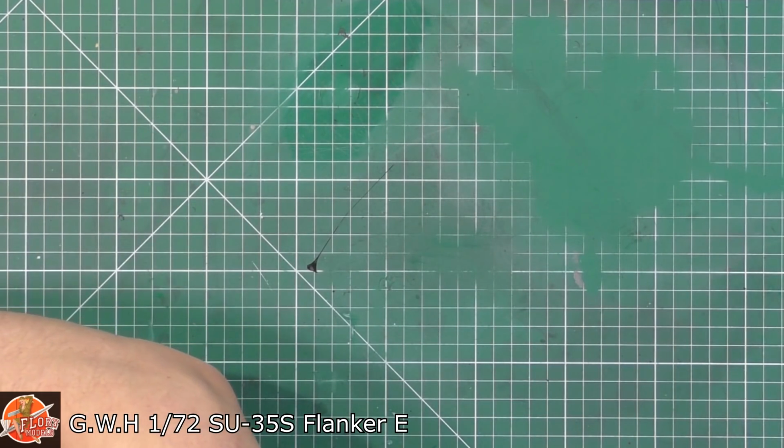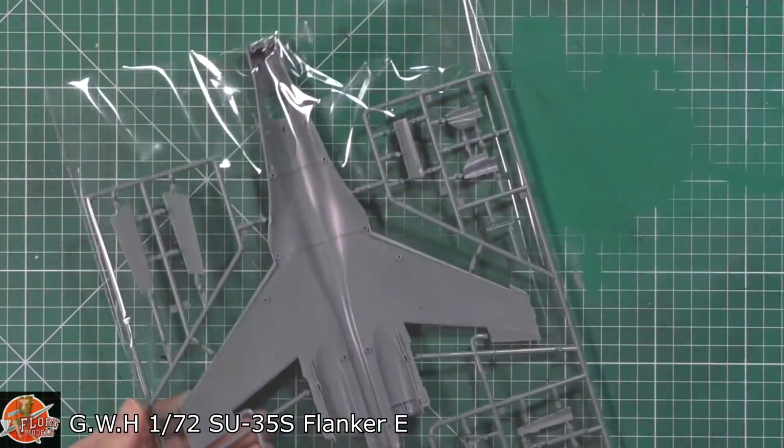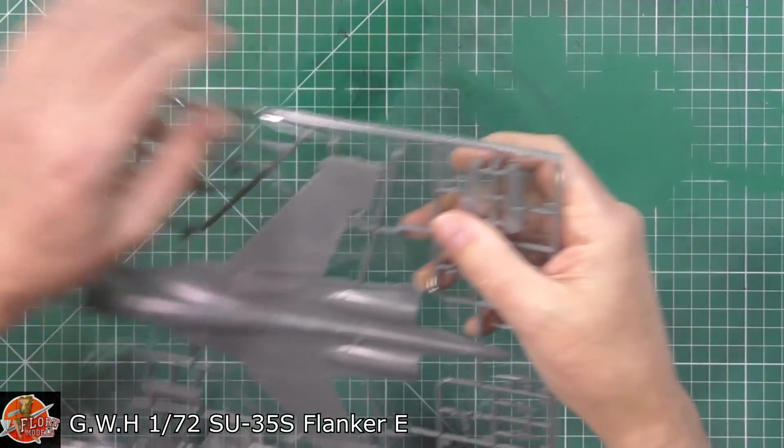Right, okay, so into the parts. Let's do the bits that everybody knows. So we'll start with the tops, I think. Get in. Seriously, how do we get in? Where's the...